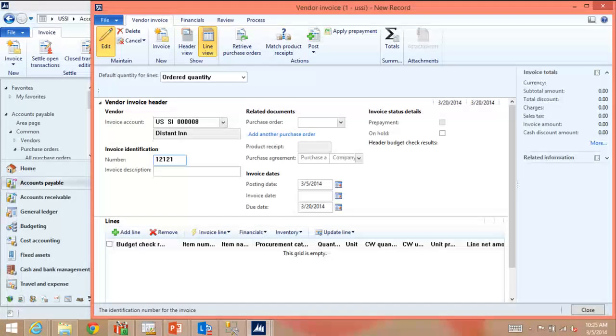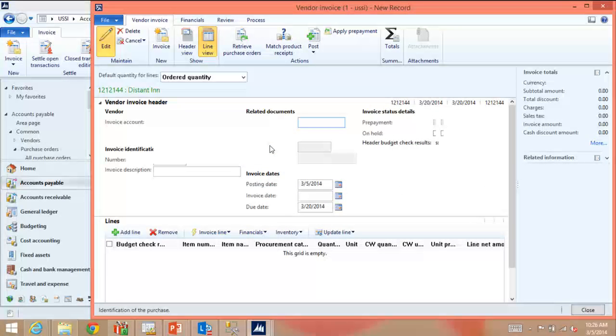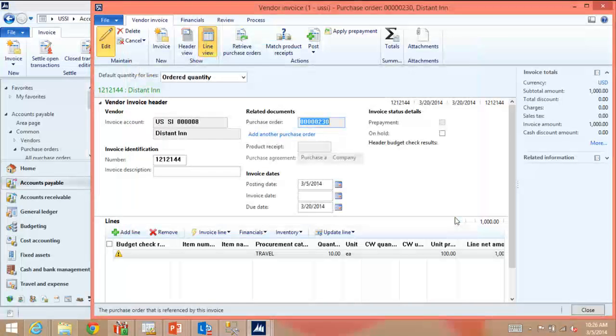So I'm just creating an invoice, and then I'm going to assign or select that purchase order that I just entered. And as this purchase order is associated to the invoice, I'm also going to get the message related to the budget check, because again, at this point in time, the budget check is happening. It's relieving that encumbrance for the PO and checking it against the actual. So I'm seeing the same exact message I got before, because that combination did not have enough budget, but the all-up sales department did.